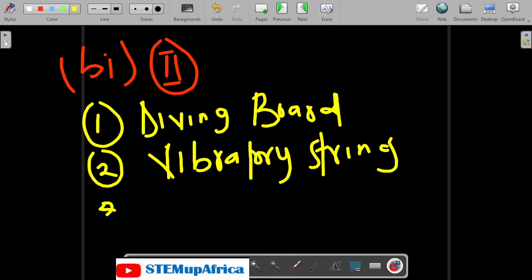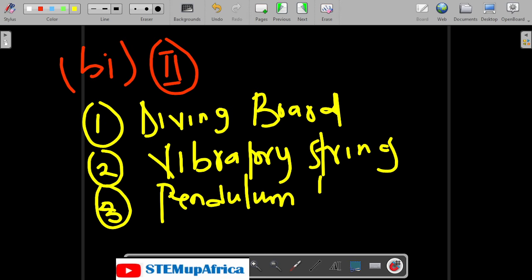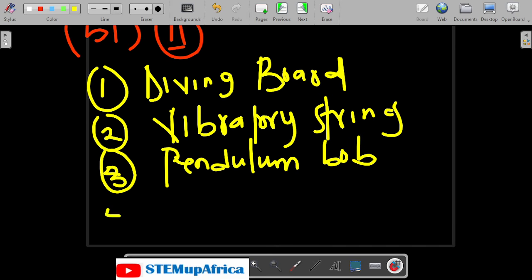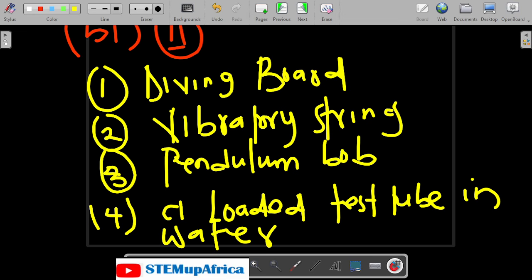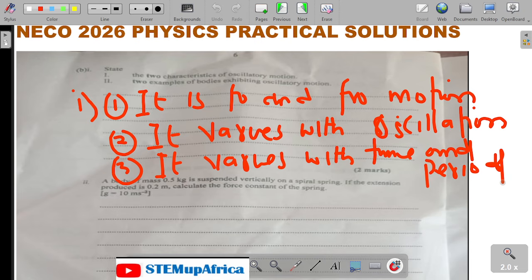Then 3, we have the pendulum bob. Then number 4, we have a loaded test tube in water. So you can use any two tomorrow to explain that. Then let's go to question